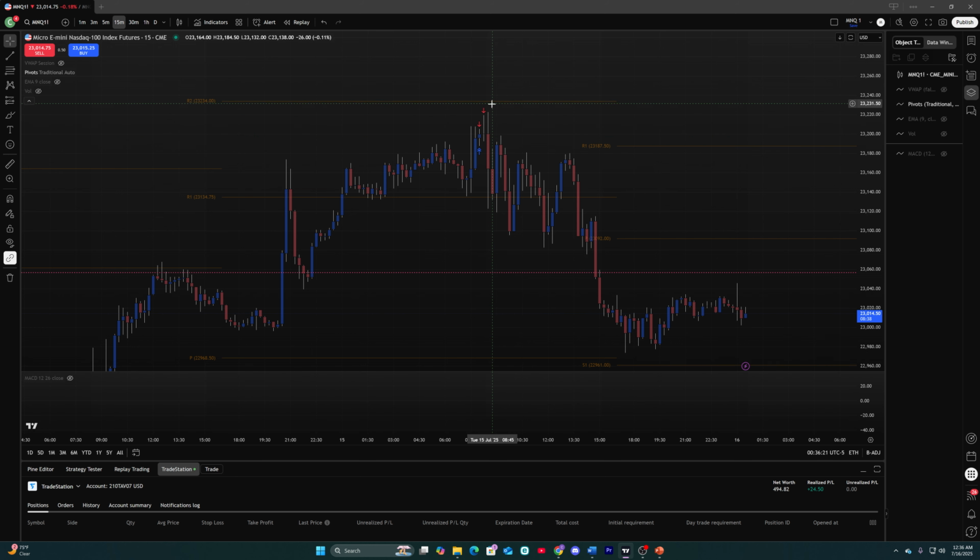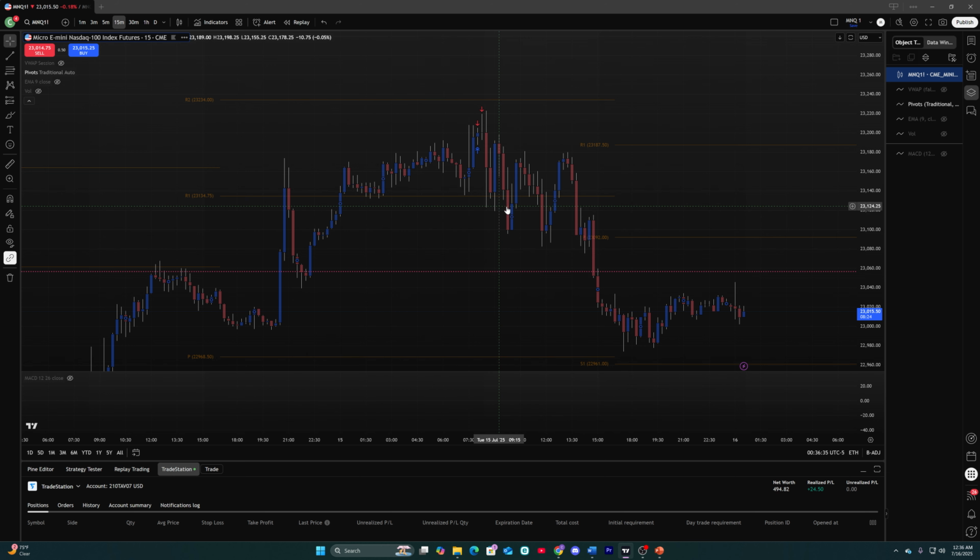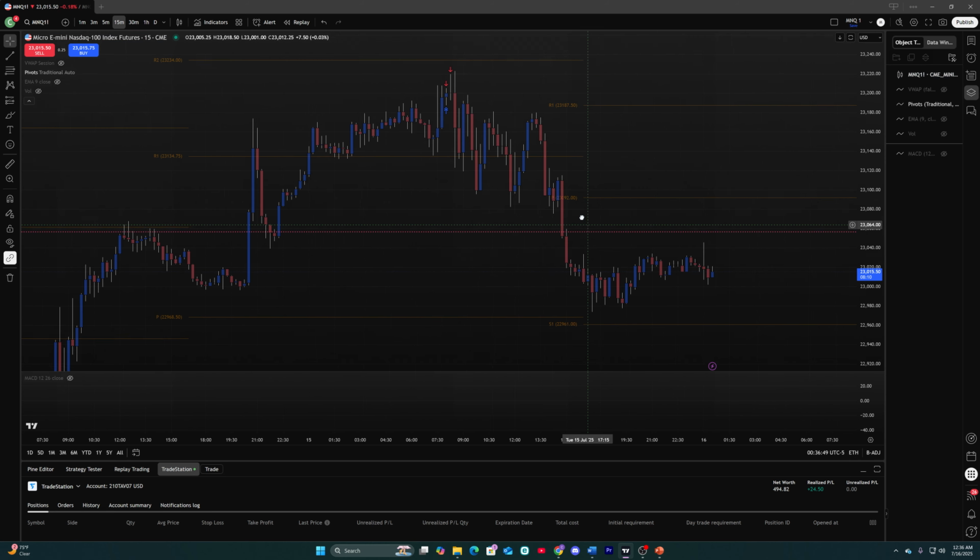didn't necessarily hit R2, and we saw it reject back down, come back down to this pivot, up, down, but we didn't see an actual strong breakage of the R1 until we got to this candle here at 9:45. This R1 is set at 2031.34, and then you can see it playing around this, and then it finally breaks down,